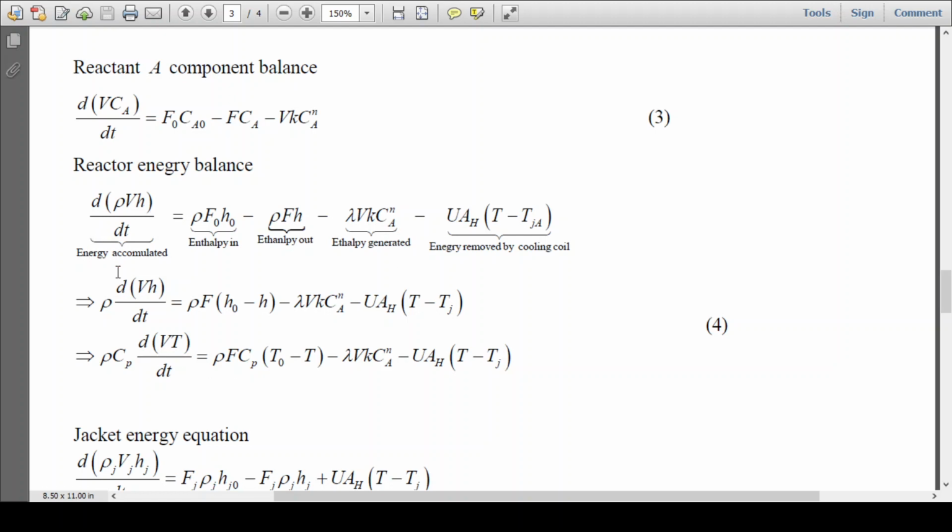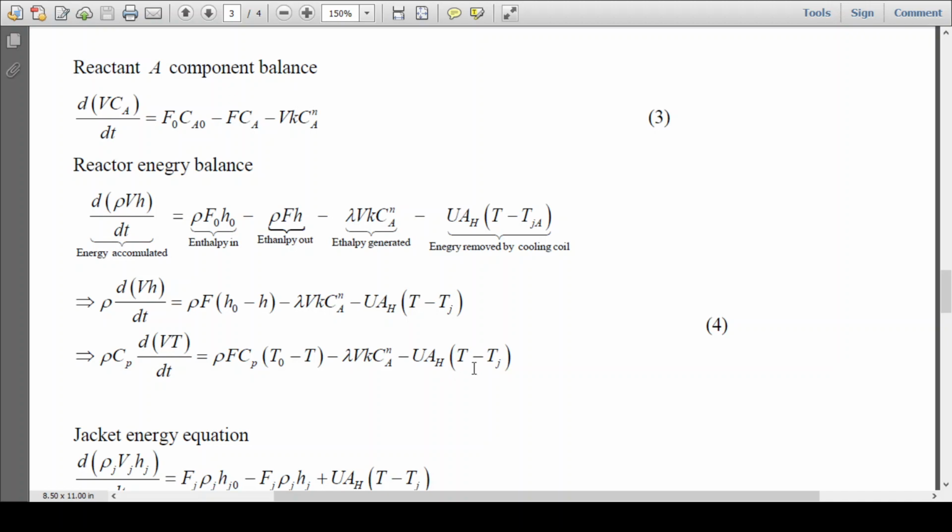By taking the density out, d(V H)/dt equals rho F (H0 minus H) minus lambda V k Ca to the power n minus U A (T minus Tj). Now H can be substituted as Cp T. So d(V T)/dt equals rho F Cp (T0 minus T) minus lambda V k Ca to the power n